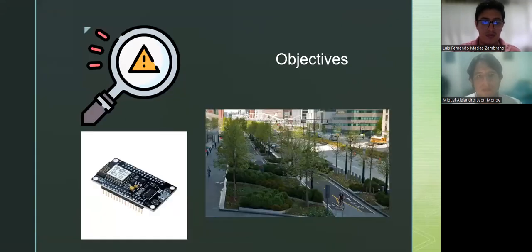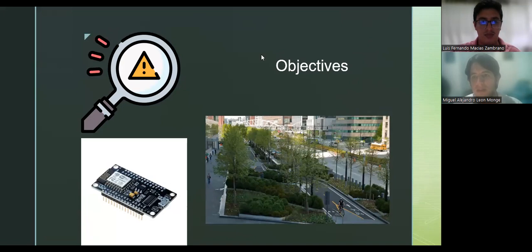Our objectives are basically: the main objective of this project is to implement the smart tree using IoT and cloud computing processing for the creation of the greenways that help mitigate the heat footprint in Guayaquil. This can be achieved by following the specific objectives, like identifying the parameters of the smart tree that allow the care and control